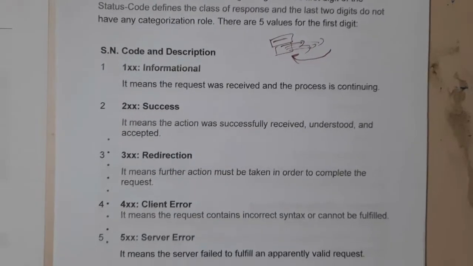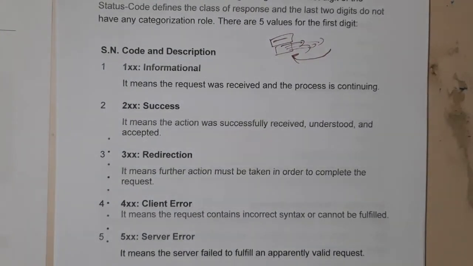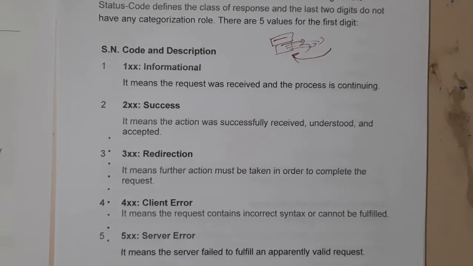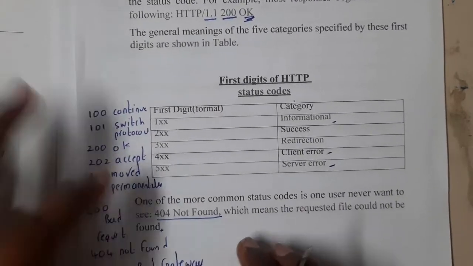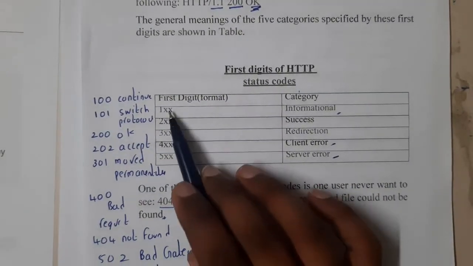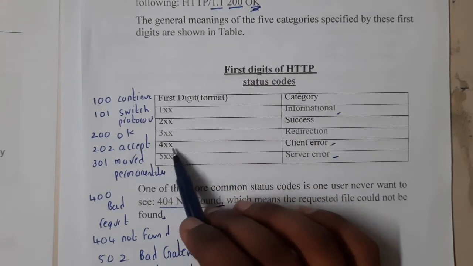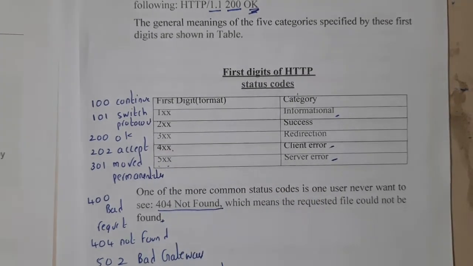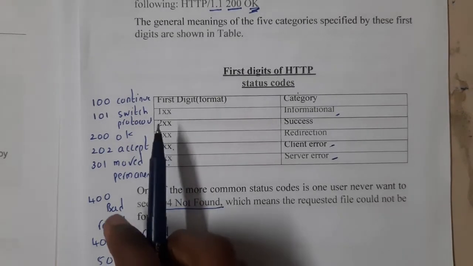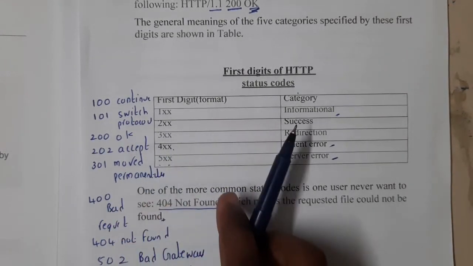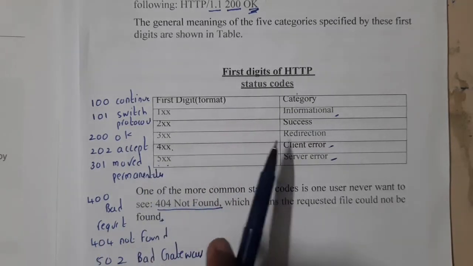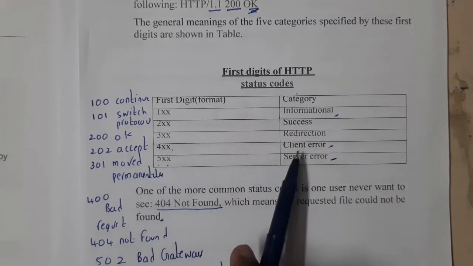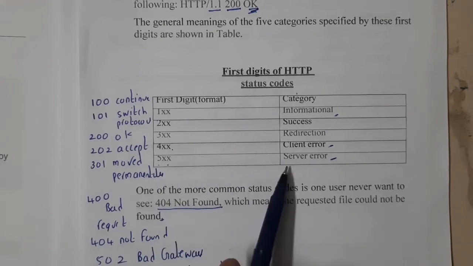We have some particular codes which we discussed at that time also. I'll be explaining here also, guys. The codes will be in this way: 1xx, 2xx, 3xx, 4xx, 5xx. In xx there could be any numbers. Whatever number is with 1 is just informational. Similarly, with 2 is success, with 3 is redirection, with 4 is client side error, and with 5 is server error.